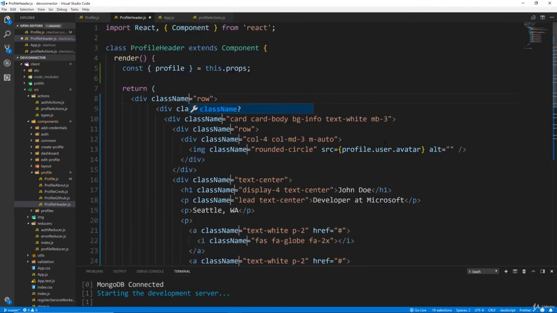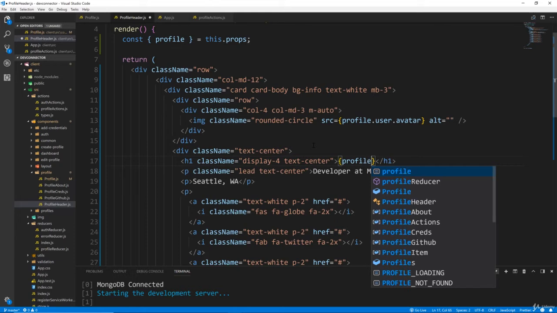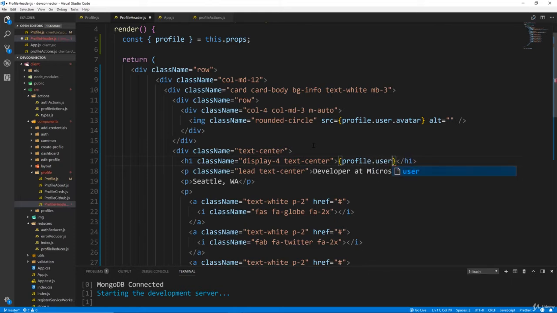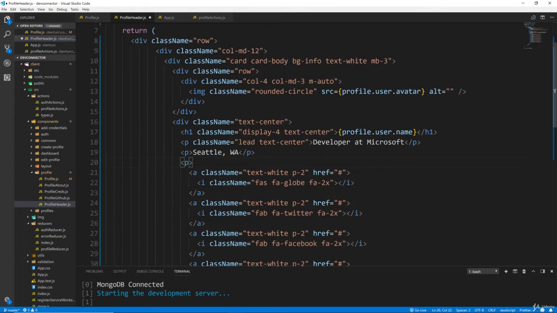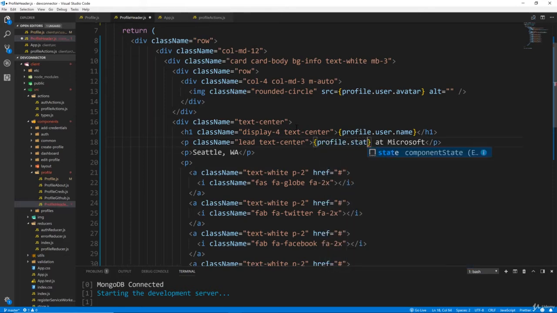All right, so next we have the name. So this John Doe right here, let's replace that with profile.user.name. Okay, so now we have the status, this developer. I'm going to replace that with profile.status. And then we're going to do the same thing we did on the listing page where we check to